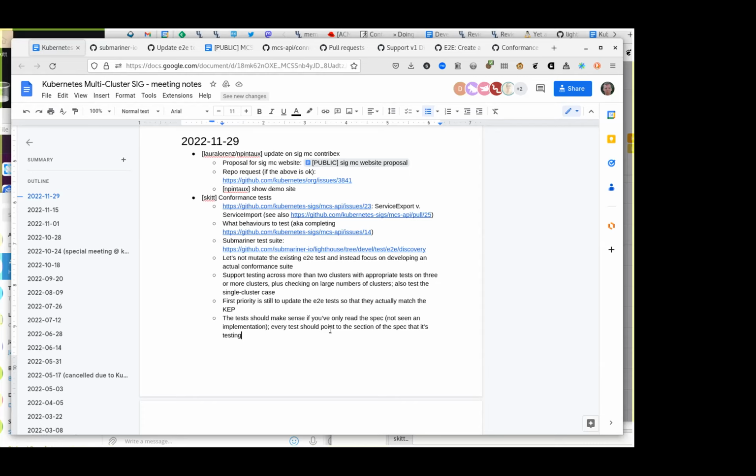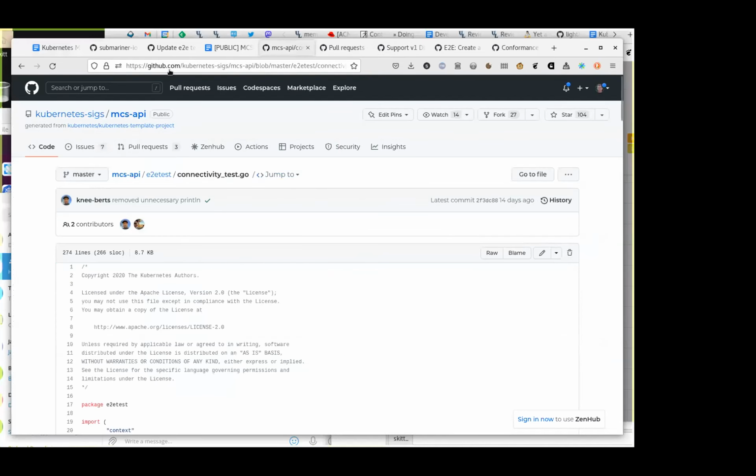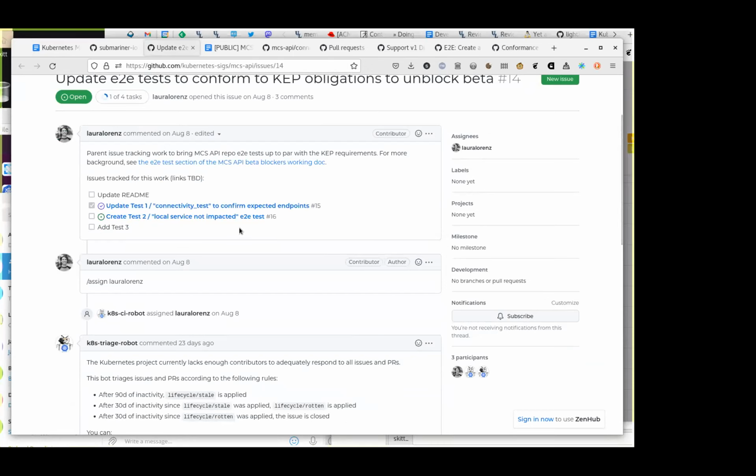I wonder if it would be helpful to just workshop, forget about the test bodies. What tests do we want to have? Yeah, just stub tests out to get the right granularity, and then we can fill them in. Or even just fleshing this issue out. And I'll throw in the chat these tests that I'm referring to, test 1, test 2, test 3, from this section in the KEP that I just put in the Zoom chat.